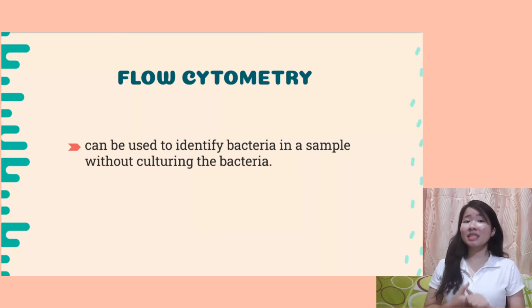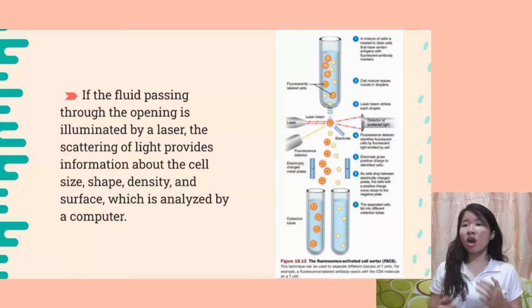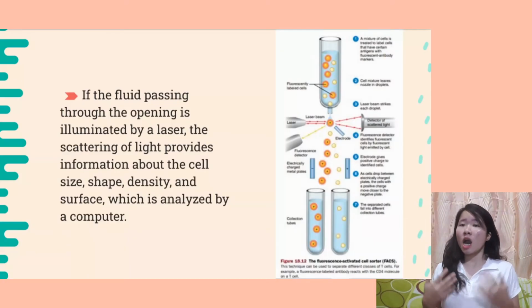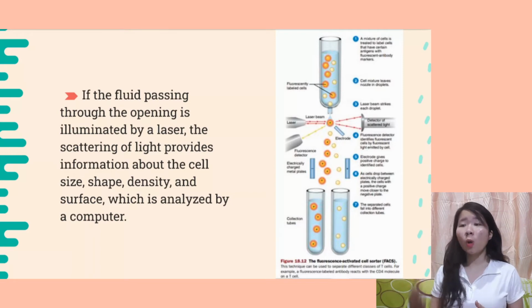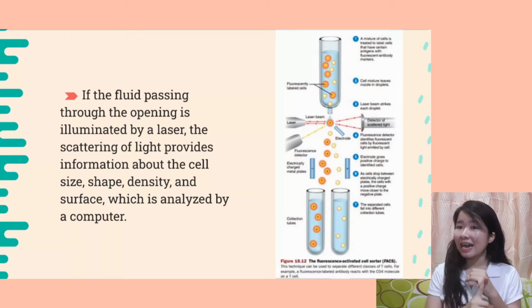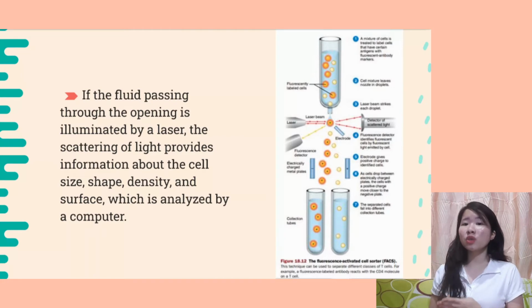The simplest method detects the presence of bacteria by detecting the difference in electrical conductivity between cells and the surrounding medium. As we can see on the figure, in a flow cytometer, a moving fluid containing bacteria is forced through a small opening. If the fluid passing through the opening is illuminated by a laser, the scattering of light provides information about the cell size, shape, density, and surface, which is analyzed by a computer,